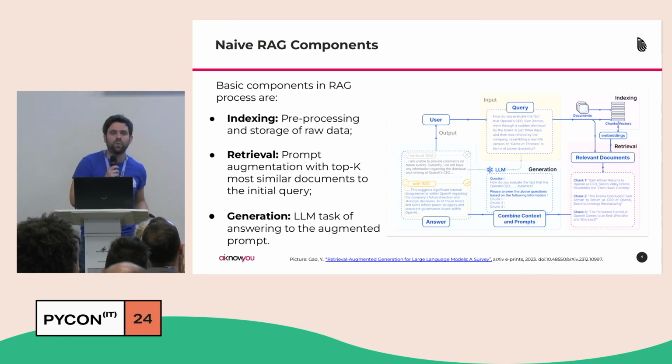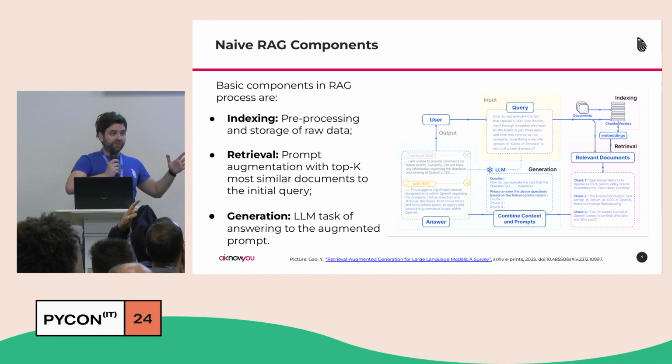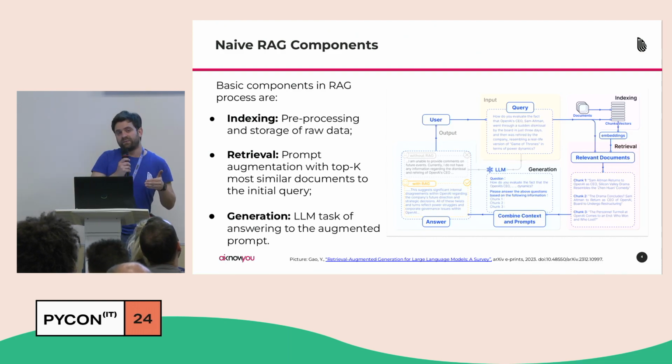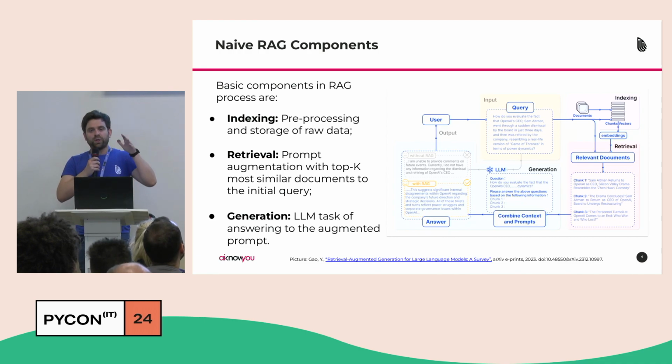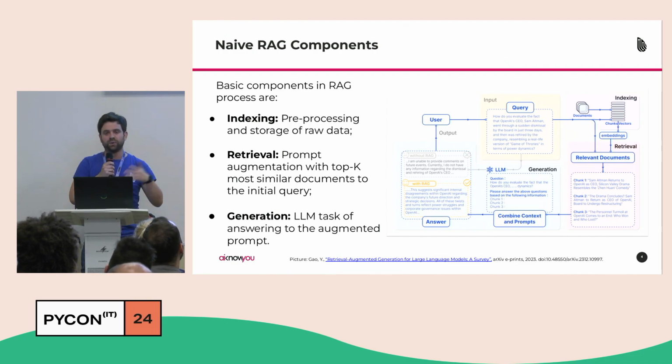And for this reason, we build three components of this retrieval augmented generation. The first one is the indexing. So we have tons of data. We have tons of unstructured data like PDF, TXT, and so on and so forth, and we extract only the relevant information, so the textual information. We chunk, so we divide it in small pieces of text, and then we embed this text and we store it in a database, here, this part of the scheme.